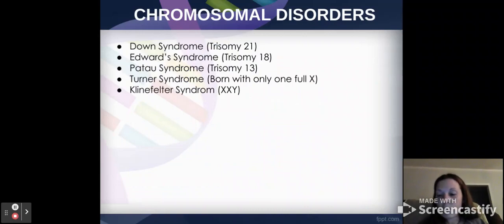And then our chromosomal disorders we've talked about in the past, so that's why I just kind of listed them here, are Down syndrome, which is trisomy 21, so 3 chromosomes on the 21 part of your karyotype. Edwards syndrome, which is trisomy 18. Patau, which is trisomy 13. Turner, which means you only have 1 full X. It affects females on their karyotype. And Klinefelter, which is XXY, so males with an